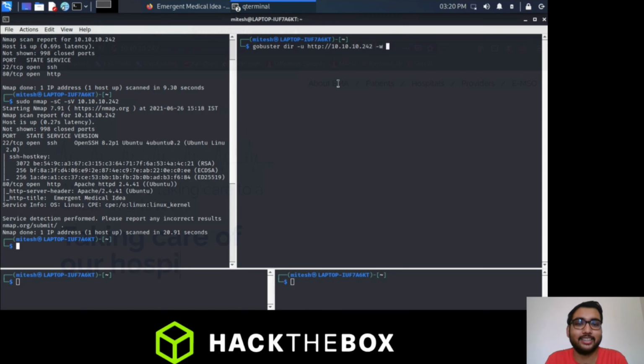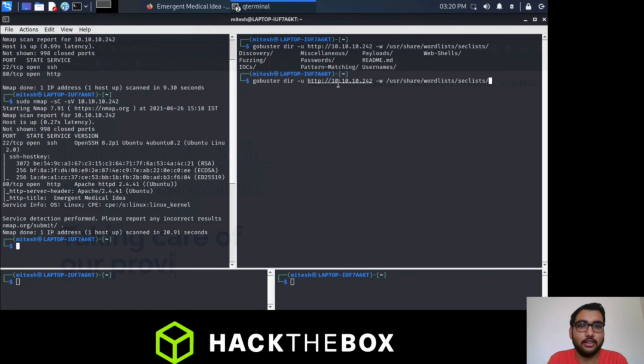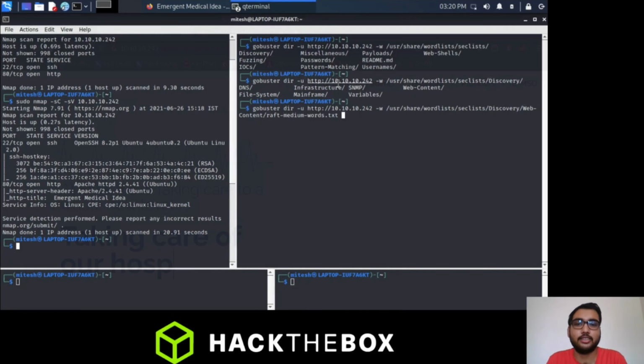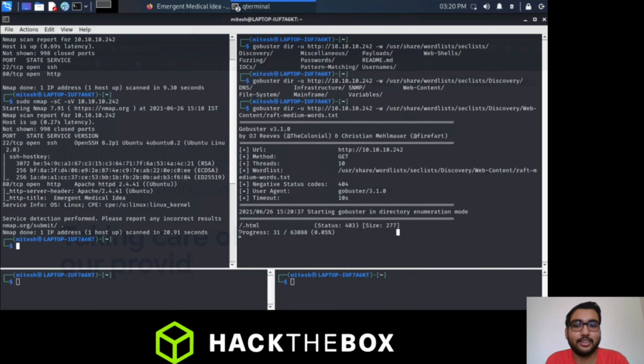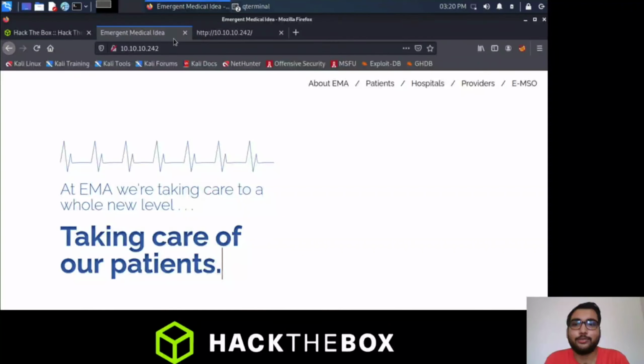I will be using SecLists in usr share wordlists, going to Discovery, Web-Content, and raft-medium-words.txt. Our GoBuster has been started now. It will take time to process all the words in this wordlist.